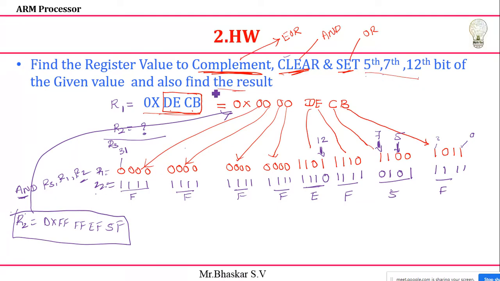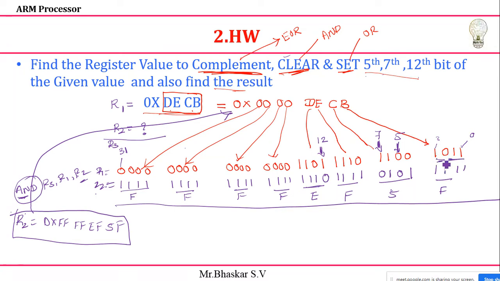So what is the result I'm getting after clearing? We need to find out what operation we are doing. AND operation we need to do for clearing. After doing it, you just tell me the value. You can see I'll get almost the same values, only 1011 AND with 1111. I'm not doing anything to this bit completely, right?